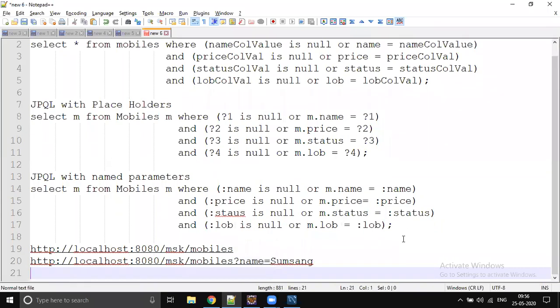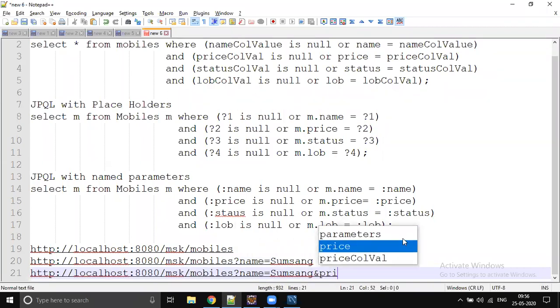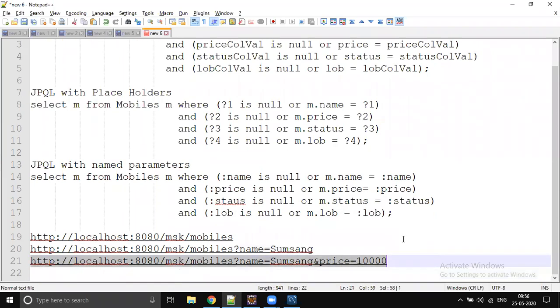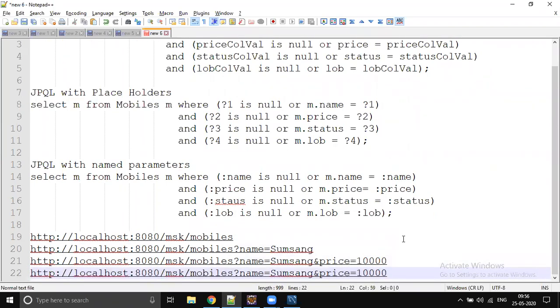Okay, if you apply a price filter, how can you apply it? It's going to be price equals 10,000, you will get Samsung with the 10,000 price range. And if you want to apply line of business, some more filter, yes, LOB equals online.